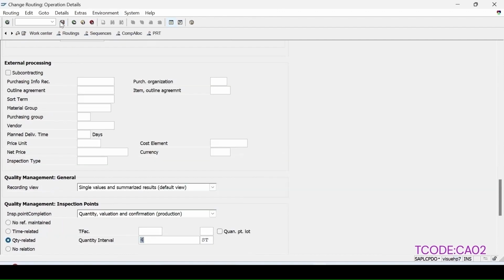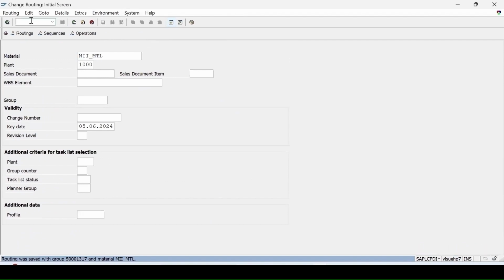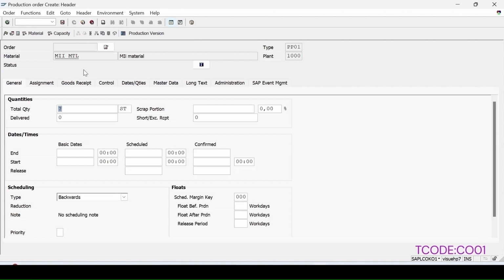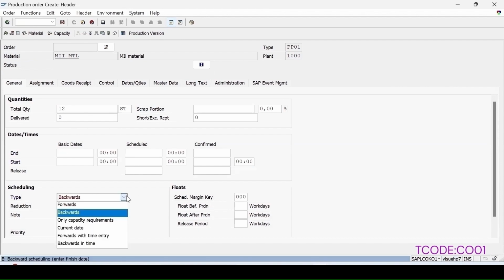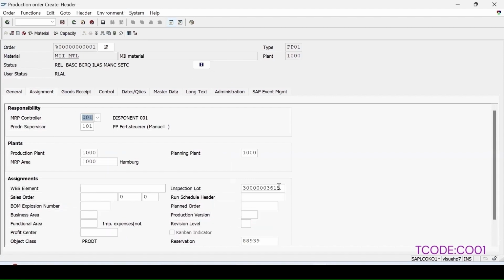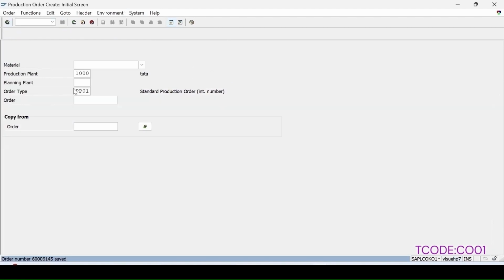Okay. So now if I again create my lot, so we need to create a production order. CO01, enter, and I can enter my material, press enter, quantity, since we have kept the split as 4, it's 12. Press enter, and if I select, say, current one, press enter, and I can release it also. So the lot will be created and then save it. So this is my order number. And again, we will go to